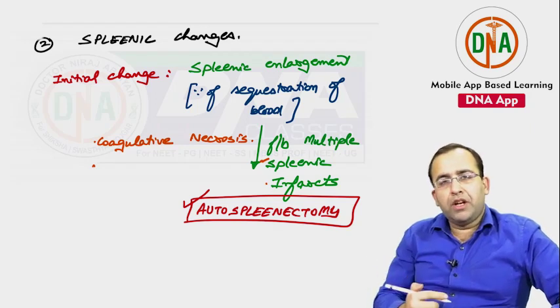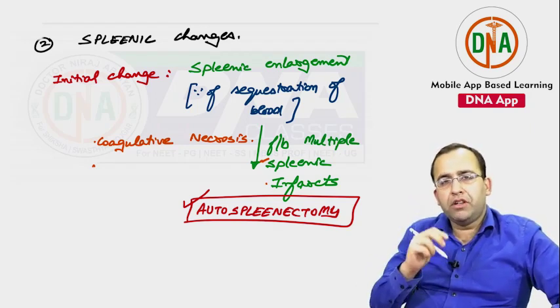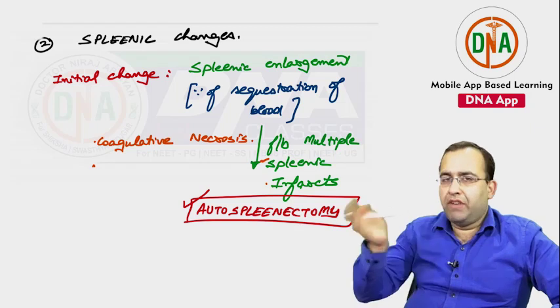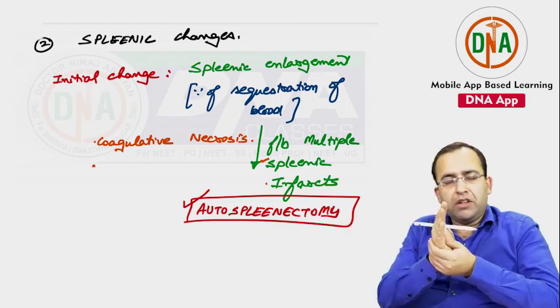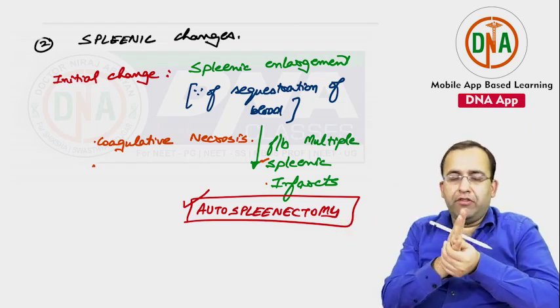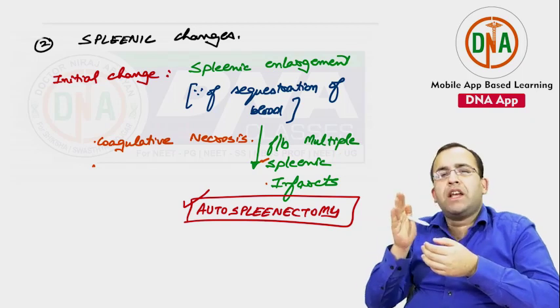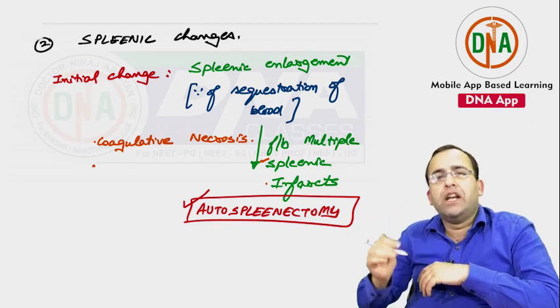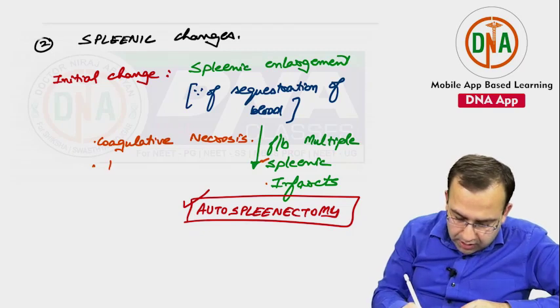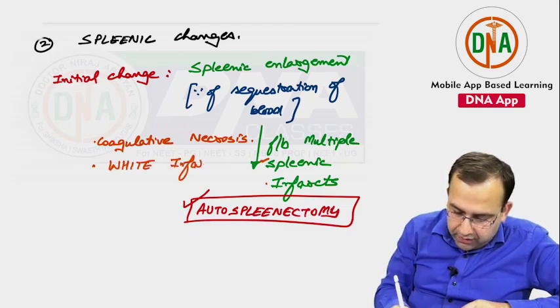And which type of infarct is it? We saw this in hemodynamics. What are the two types of infarct? Red infarct, white infarct. Red infarct was associated with hemorrhage, ill-defined. White infarct was end arterial circulation, kidney and spleen. This is a type of white infarct.